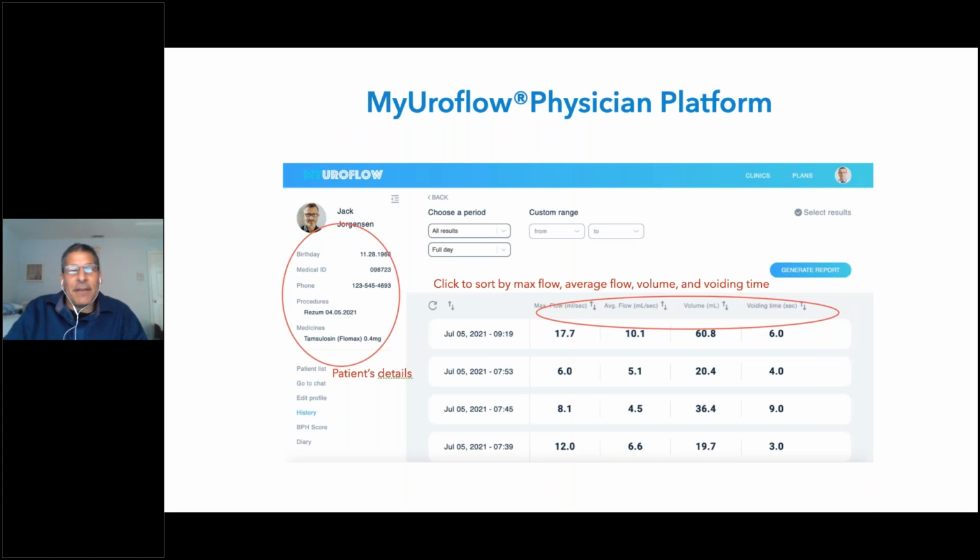This is the physician platform. So here's a fictionalized patient. You just pull it up. It gives you the history that we've entered. This is somebody who had a resume in April, takes Flomax, and you could look at all of his results,